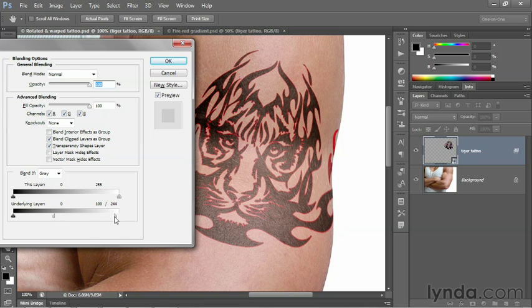And then I'll go ahead and move the right side of that white triangle back up to 250. And so what we're saying in this case is anywhere where the arm is 250 or brighter, the pixels completely disappear. Anywhere where it's 100 or darker, the pixels on the Tiger Tattoo layer are altogether visible, and anywhere in between, they're gradually disappearing. So we get an effect that makes it look like the tattoo is really painted onto